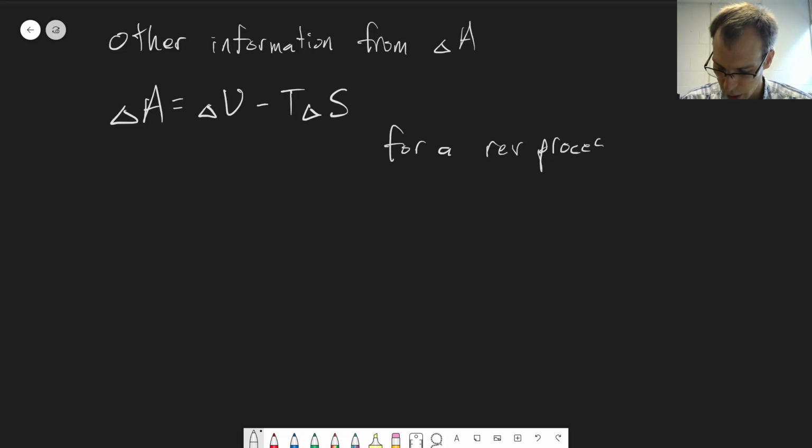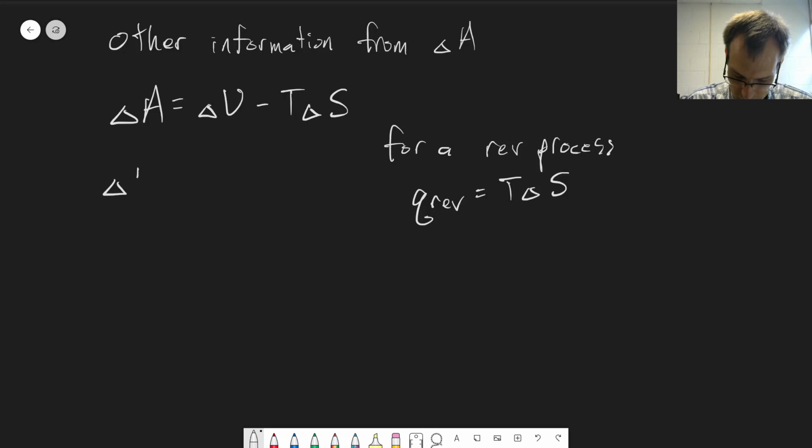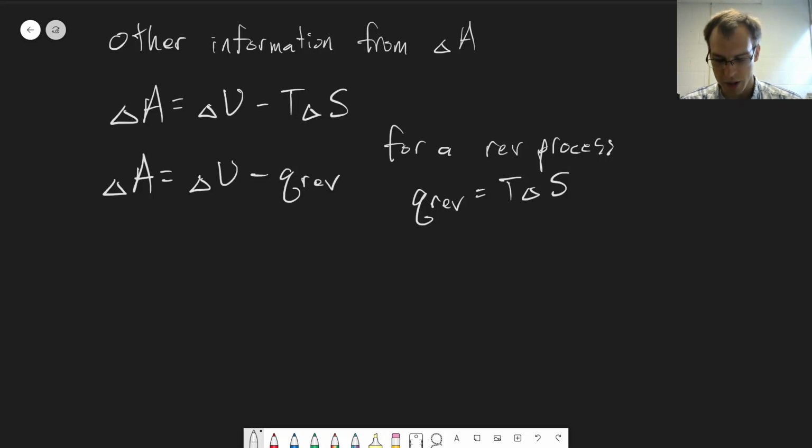we know that the reversible heat exchange is equal to TdS, or T delta S, I should say, if it's integrated. So we can say that delta A is equal to delta U minus the reversible heat exchange. But if we just look at the first law of thermodynamics, delta U for a reversible process, we would have